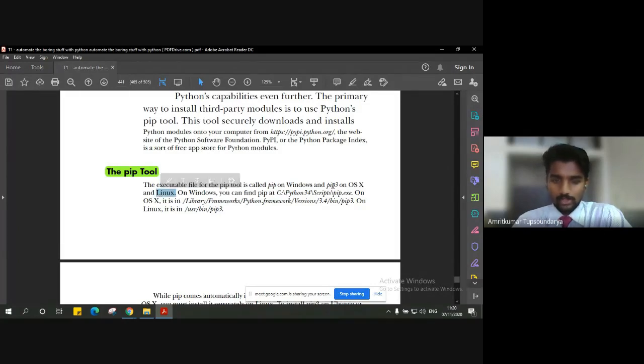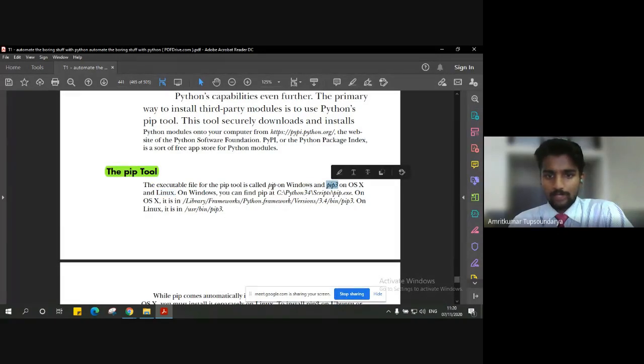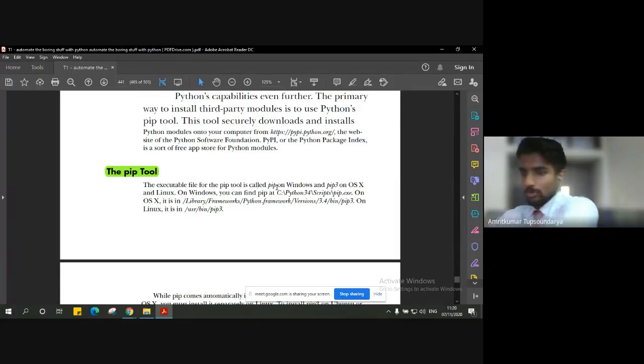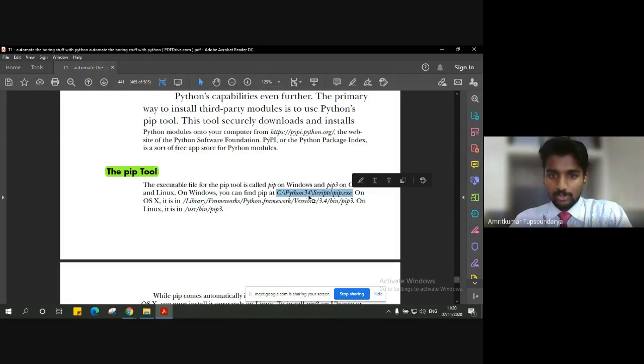So if you're using macOS and Linux, you might get this pip3, and if you have Windows, the name will be just pip, right? So if you want to find this pip, whether it is pre-installed or you have to install it manually, you can go and check these locations depending on your system, wherever you have installed the Python.